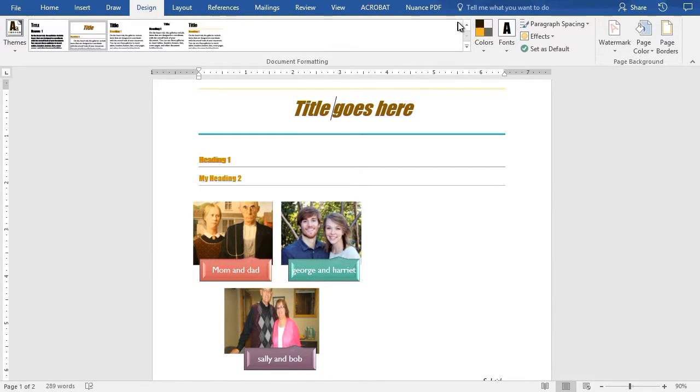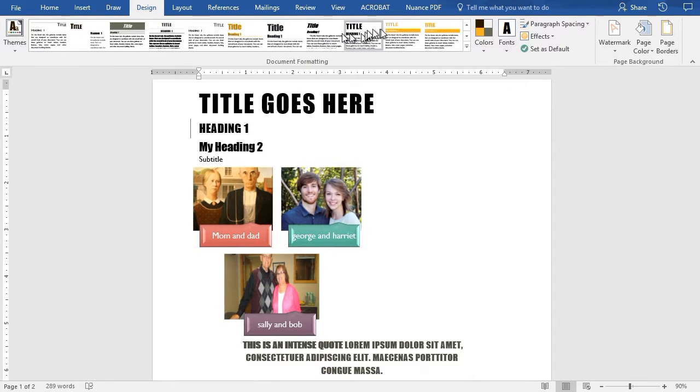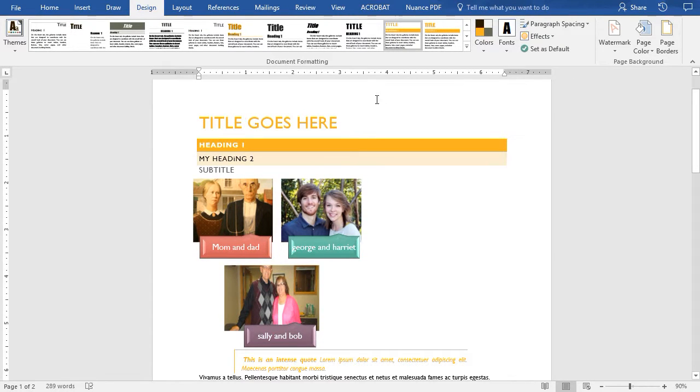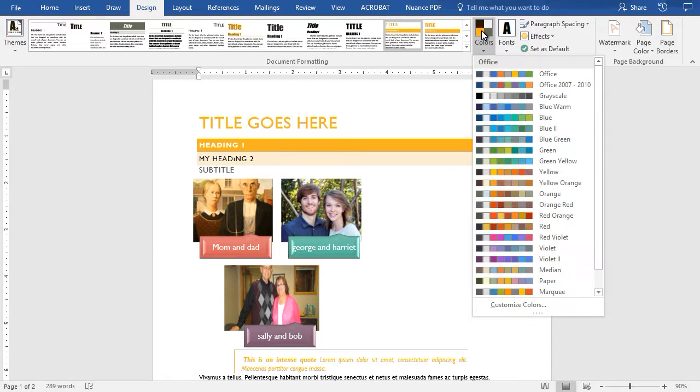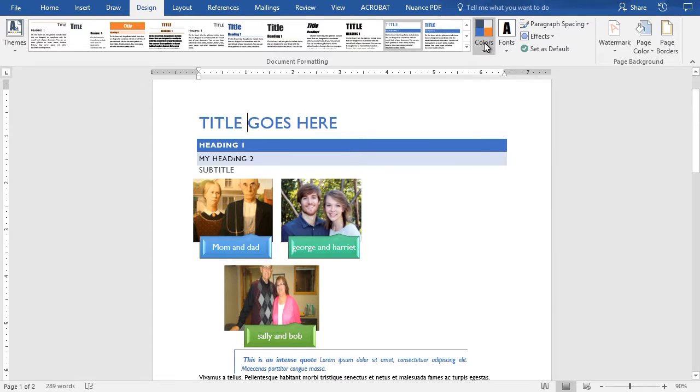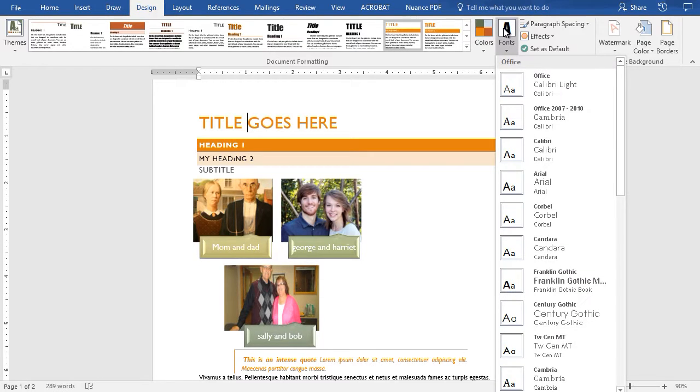But there's more than that you can do. If you want to make more changes, I'll click on that one for fun. You can also change the color combinations in the document. When I click on this one, I discover I have 23 different color combinations that I can pick to use in my document. Not only that, if I still want to make more changes in the document, I can click on the Fonts area, and I discover that I have